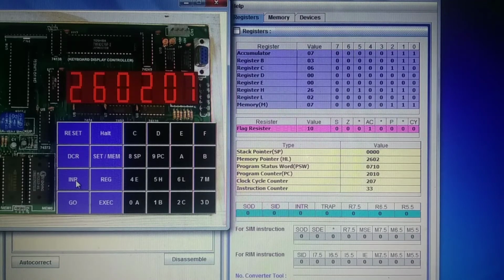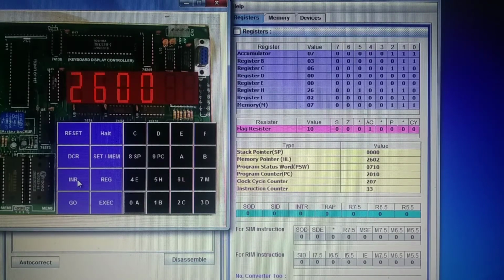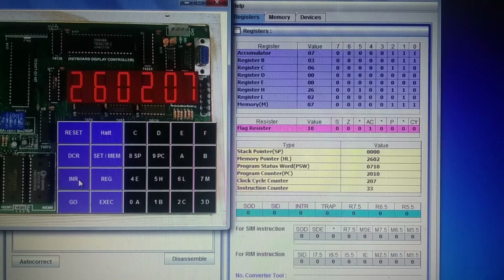Now change the number. Reset, examine memory 2600, increment. Now we will make the number 04 and increment. Now we change the number to 0A and increment.